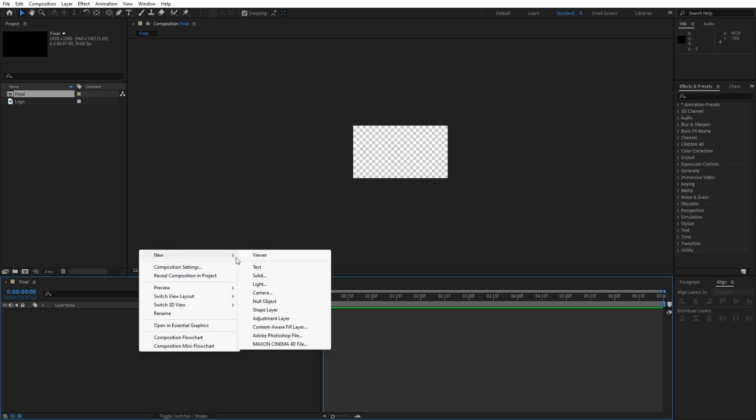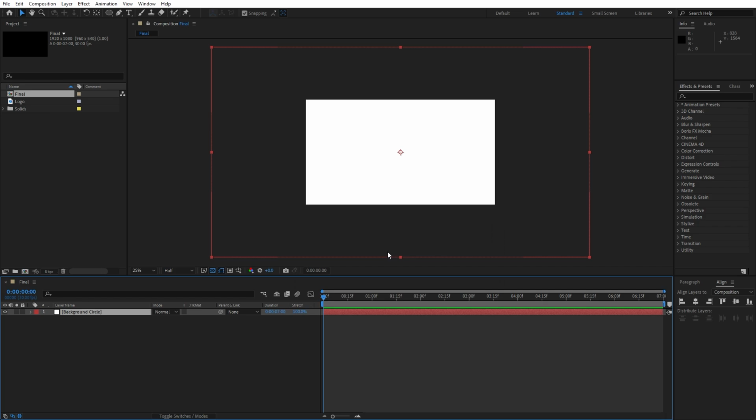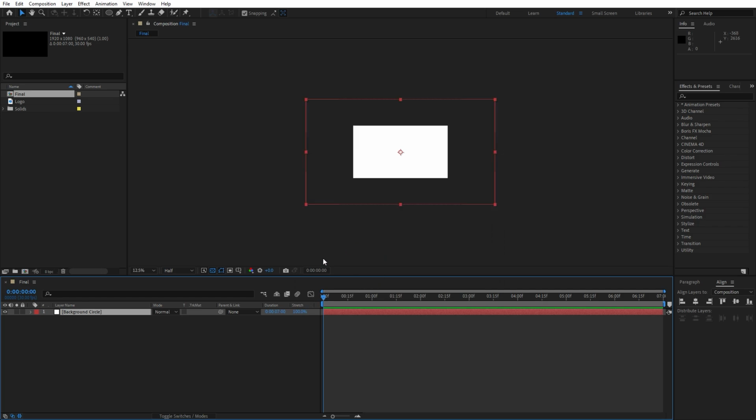Go right click to create new solid layer. This is gonna be background circle, and very important step is to go 3840 by 2160 4K solid and then hit OK. Now let's animate this background circle, but before that let's select this solid layer,